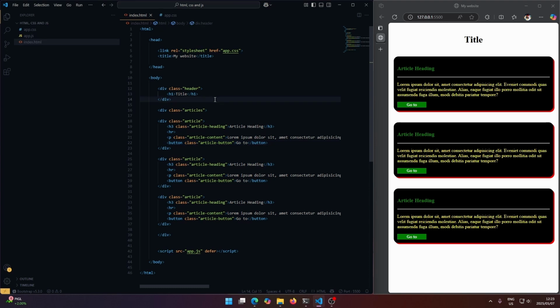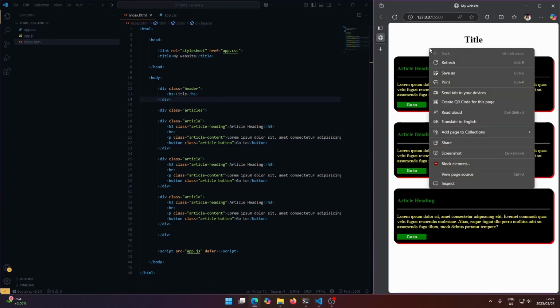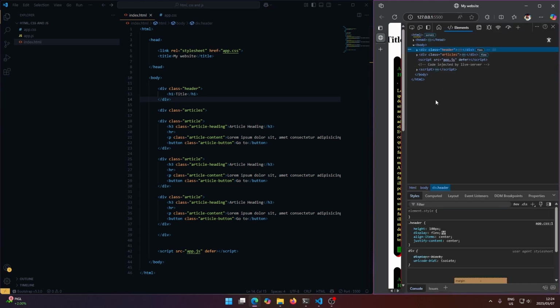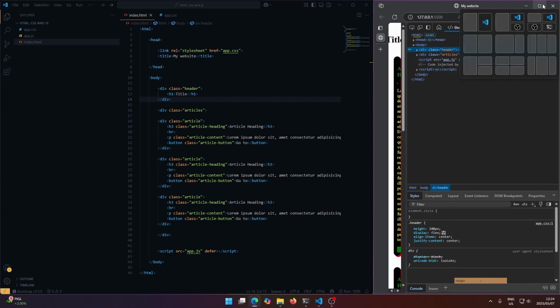Next, let's look at it in the browser. If we right click, we can select inspect element here, and this will give us a sort of pop out here where we can click on the console button up here. So I'm not going to click on anything right now. Let me just explain what we're looking at right now. So I'm going to full screen this,